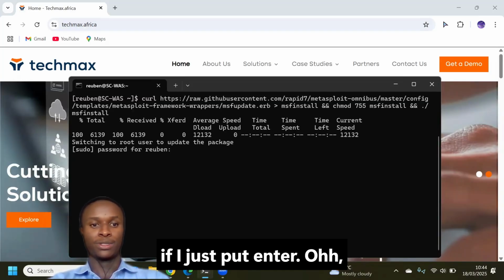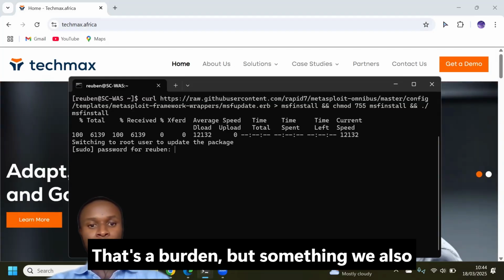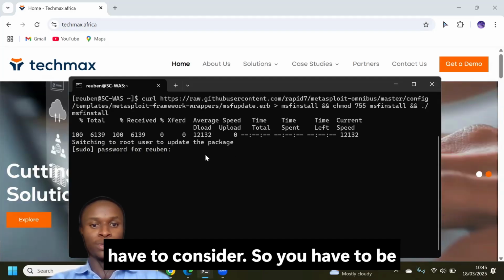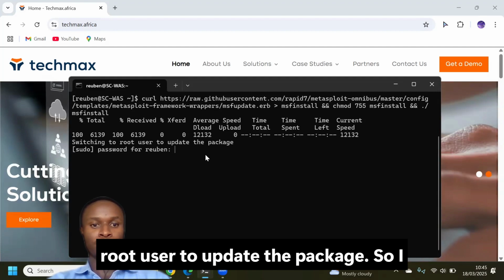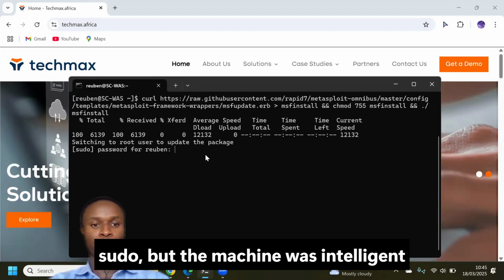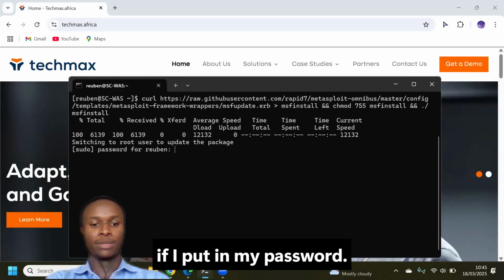So if I just press enter, oh, this is also another thing we have to consider. You have to be root user to update the package. So I should have started the command with sudo, but the machine was intelligent enough to put it in for me. So if I put in my password,